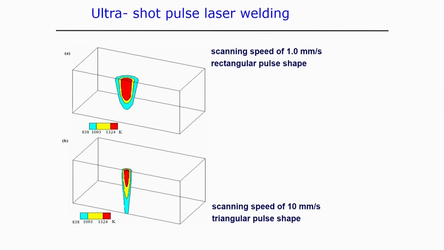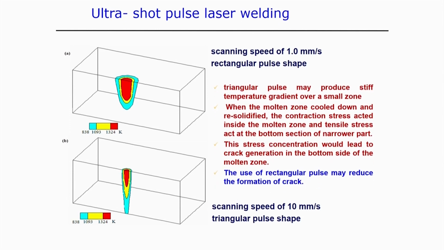In another case, the scanning speed is 10 millimeter per second, but in this case the triangular shape of the pulse has been used. Now, you can see there is a huge difference in the time temperature profile at the two different shapes of the pulse, but the triangular pulse probably produces a more steep temperature gradient as compared to the rectangular pulse. This is one case,